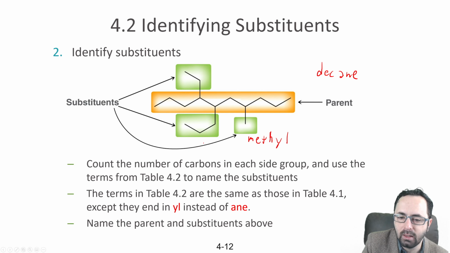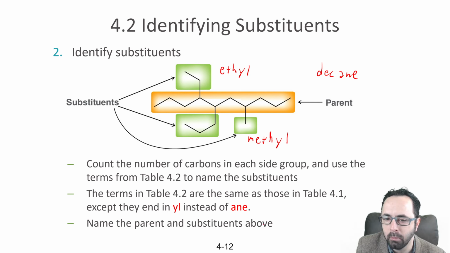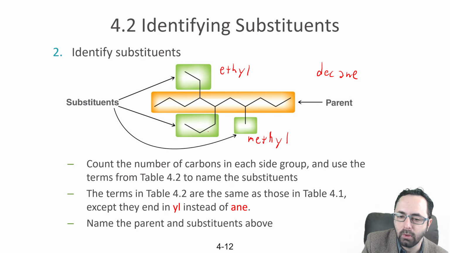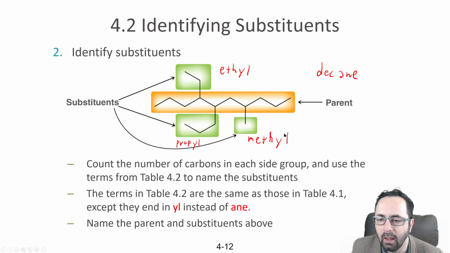This branch here contains 3 carbons, rather. Let's do this one here. It contains 2 carbons, 1, 2, and so its prefix would be eth for 2 carbons, and then yl for saying that it's a branch or a substituent. And then this substituent contains 3 carbons, so we call it prop, and then yl. So we've got 3 different substituents. And to name the entire molecule, we're going to have to put these together in a particular way. And so we'll get to that in just a moment.